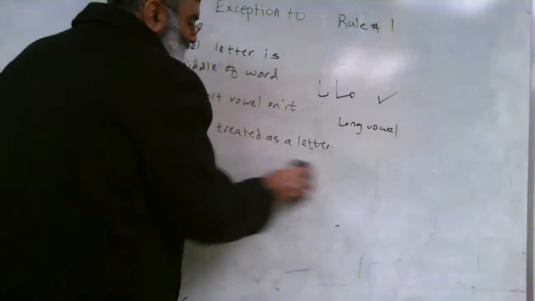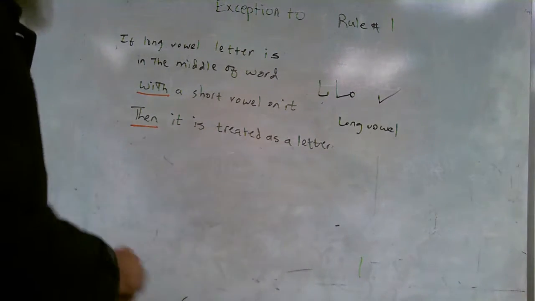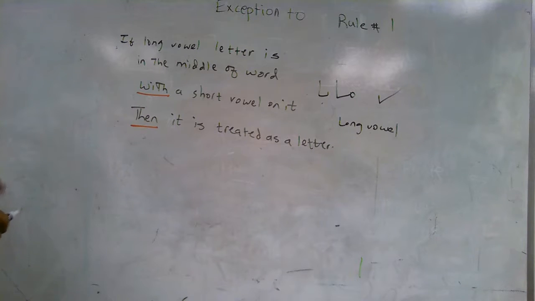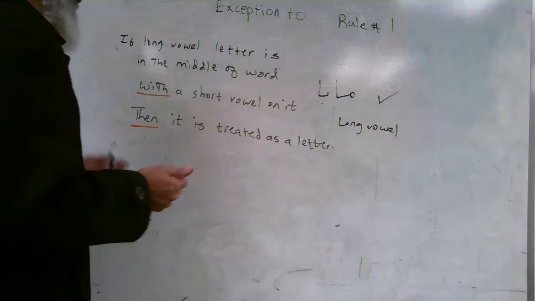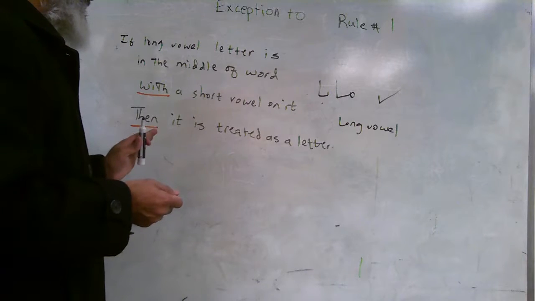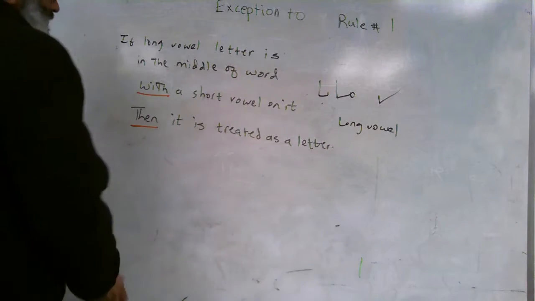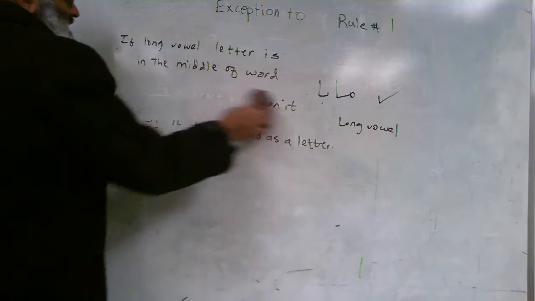There is a second and last exception for the Arabic 2 level. That is that if the long vowel letter is in the middle of a word and it has a sukoon, that is rule number 2. The long vowel with the short vowel on it is this exception. Another exception is